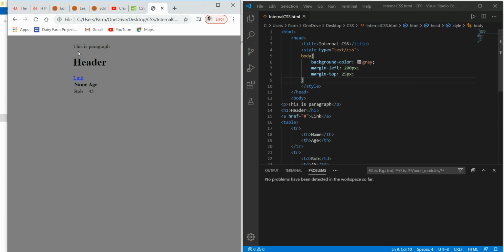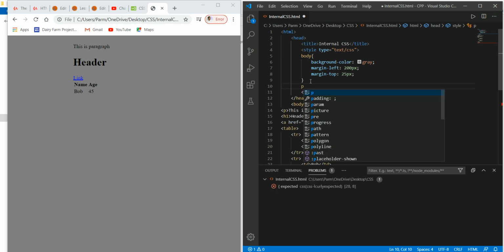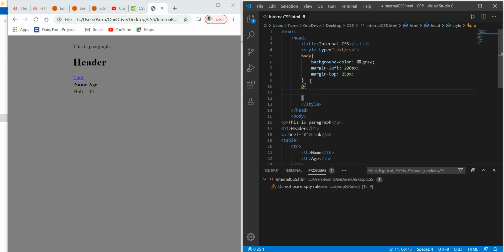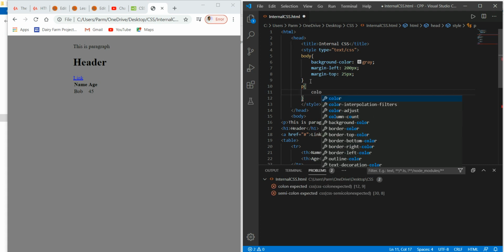Simultaneously, here we have written this is paragraph. I want to style this, so I will write P as a selector, and in order to write its property I have to use curly brackets. I want to change the color of the paragraph, so I have to use the color property.